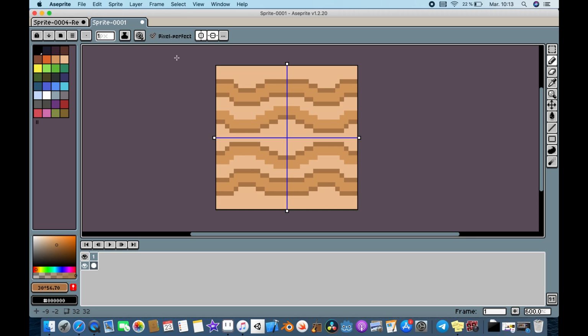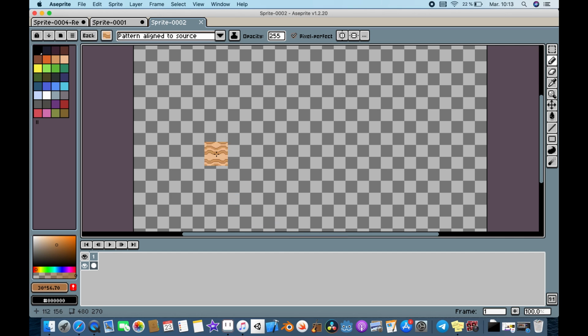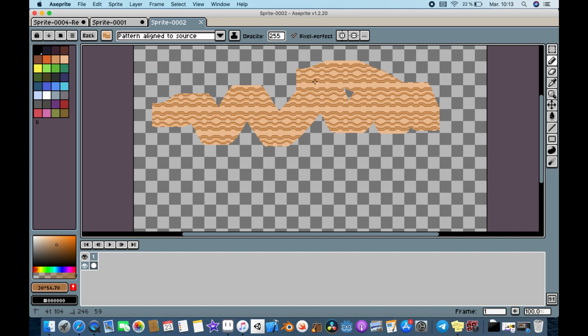But now, something very neat that we can do is, if we press Control A or Command A on Mac, you're going to select all your sprite, and if you press Control B or Command B on Mac, you turn your selection into a brush. So here you can see that it has changed. And now if I create a new sprite, so I'm going to go for something like 480 by 270, you're going to see that now I'm going to use that brush, and I can paint everywhere I want, and it's going to create my shape